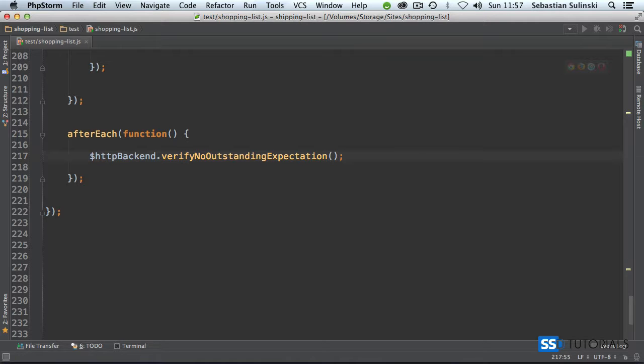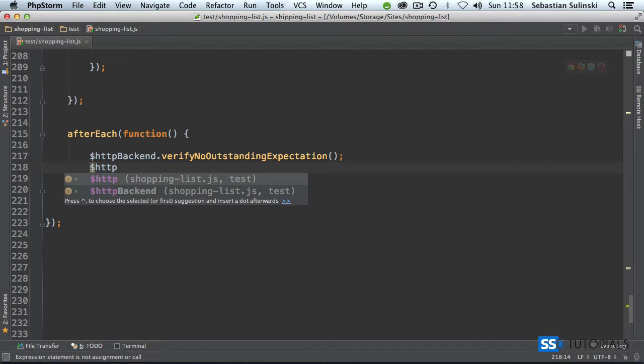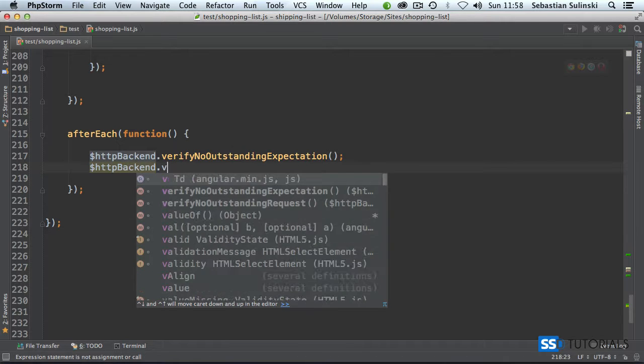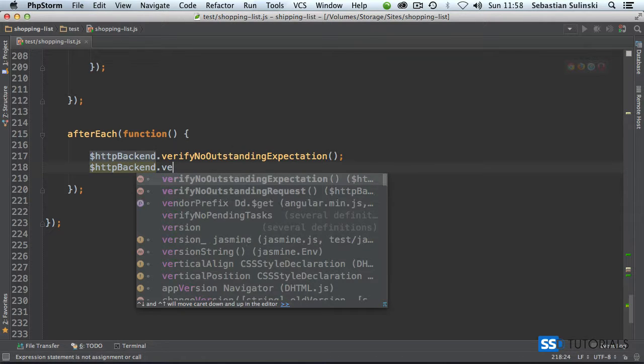And what this one does, basically, is verify that all of the requests defined via the expect statement were made. So there's no outstanding ones, basically. And then the next one, HTTP backend again, and we're going for verifyNoOutstandingRequest,